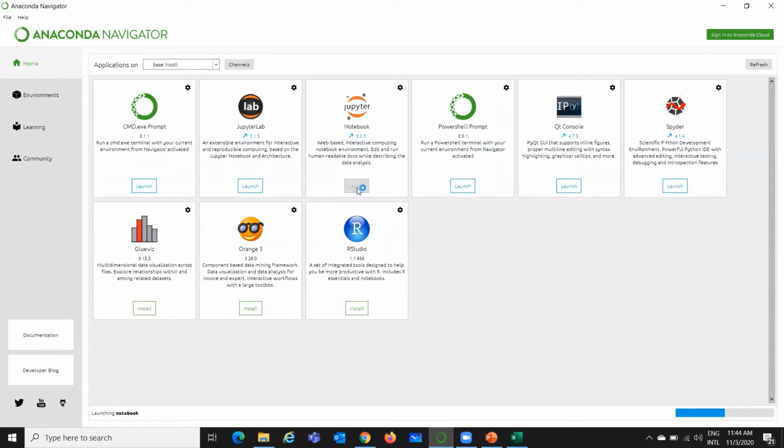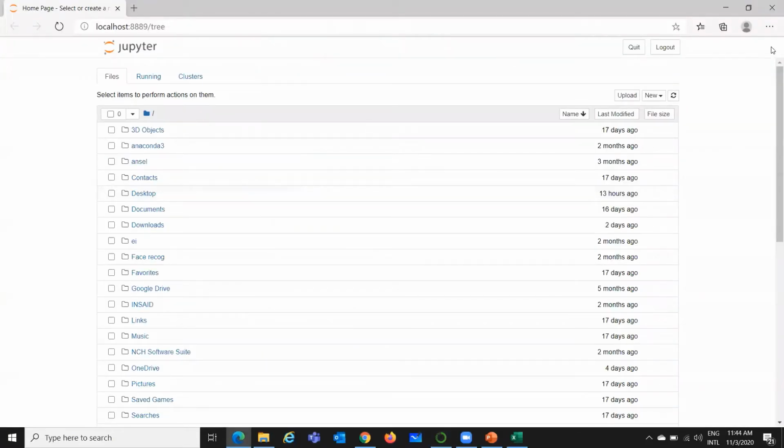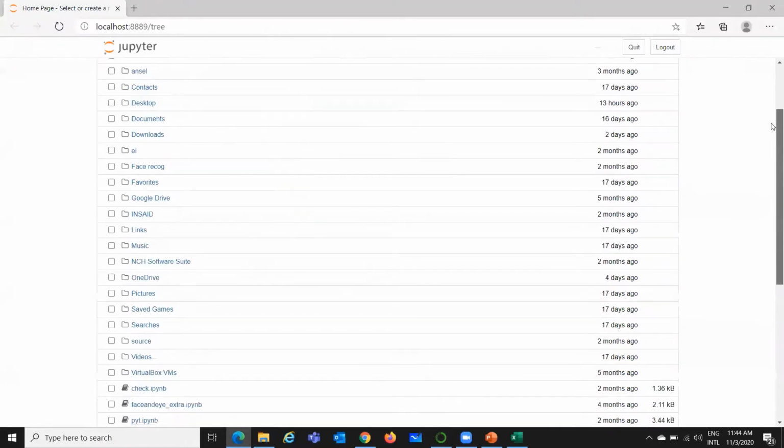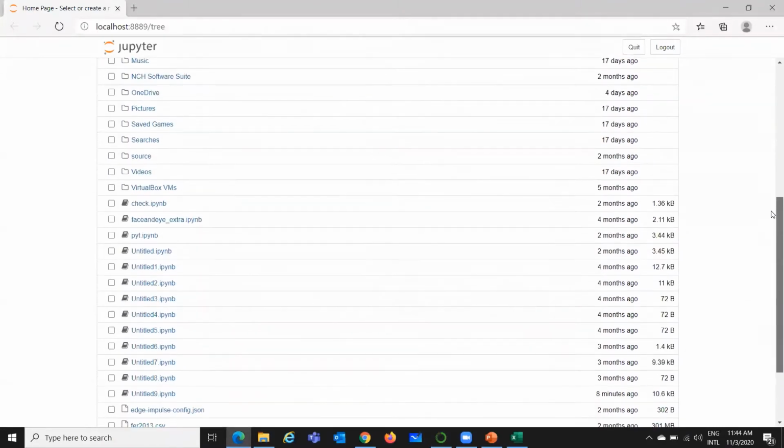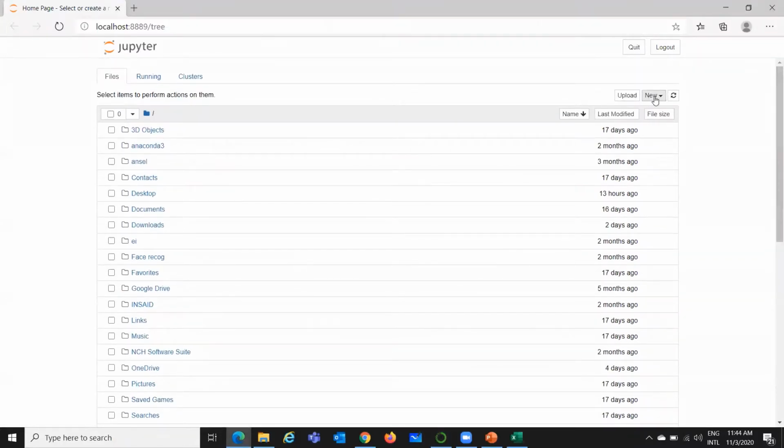So I'm opening Jupyter Notebook. The notebook has opened, and you can start a new file and start programming.